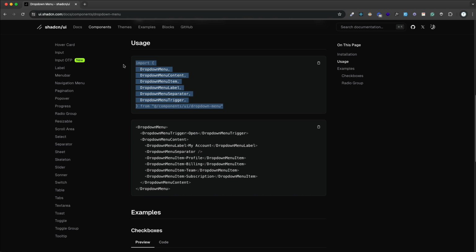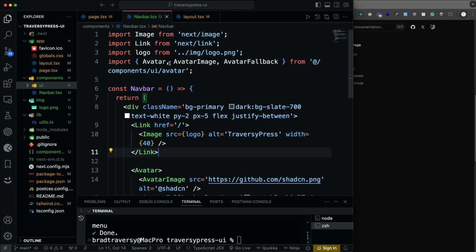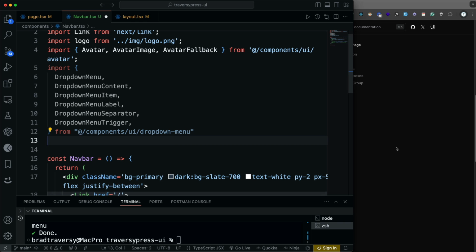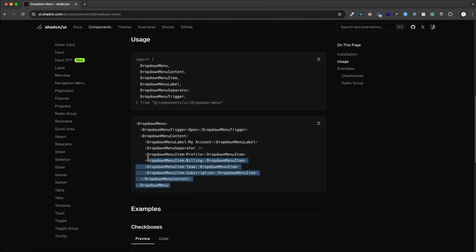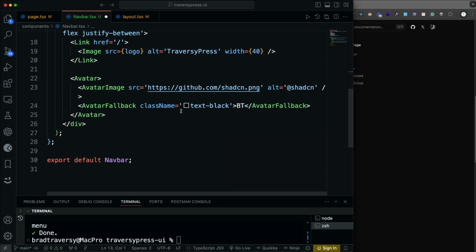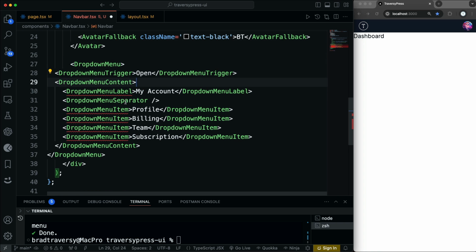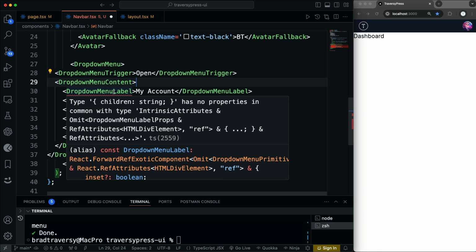So let's copy the imports first. We just click that. And then let's add that right here. So we're bringing in these drop-down imports. And then I'm going to copy this whole thing. And let's put this right below where the avatar is. Paste that in. What's this? Children's string has no properties in common with, well,